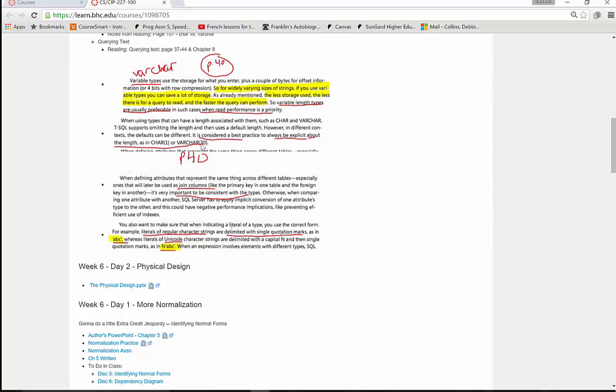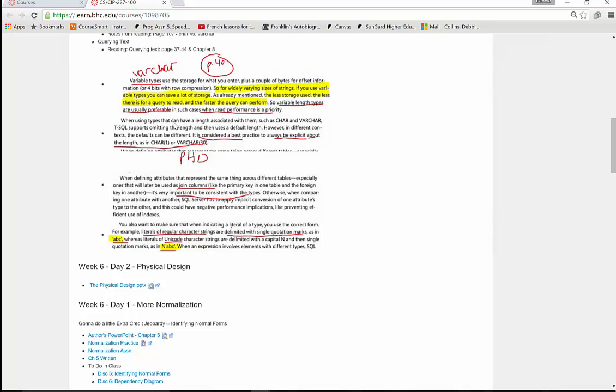However, let's take my name. Deborah is 5 characters. If I indicated that I wanted 20 characters for the first name, am I going to waste 15 bytes because I only need 5 bytes? I only need 5 characters instead of 20. Well, with the varchar, the database will only take the storage required and not take all of the storage. With char, it is fixed length. So if I indicated I needed 20 bytes and I'm storing Deborah, it will take 20 bytes